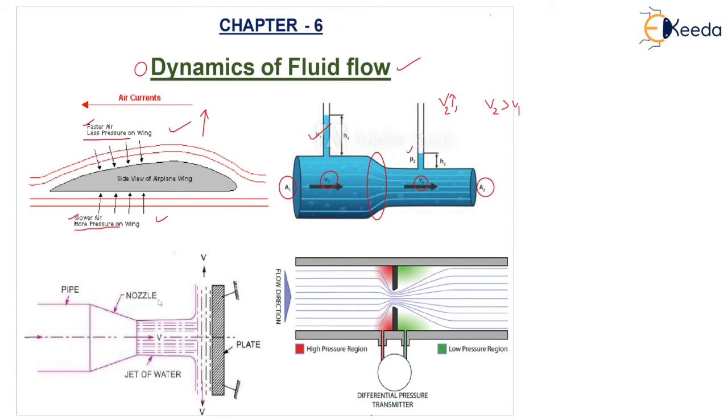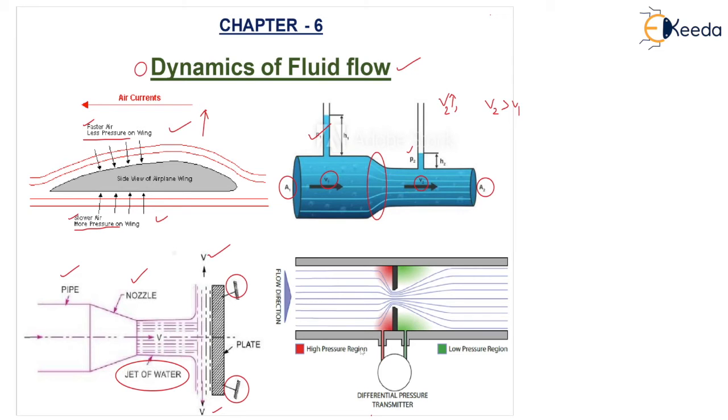The third one is a jet of water coming out of a nozzle which is attached to a pipe. What is the case here? The jet of water is coming out of the nozzle and we have to find the force exerted by the jet of water striking a fixed vertical plate. You can see this plate is fixed actually. You have to find the magnitude of force in Newton. The velocity will be V and V.